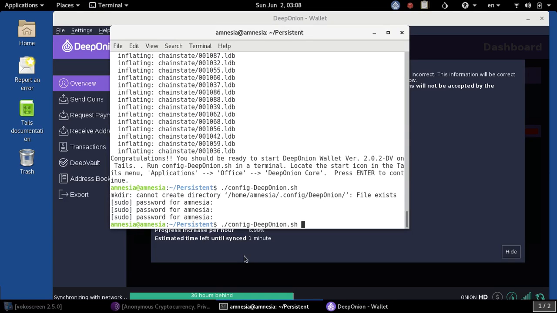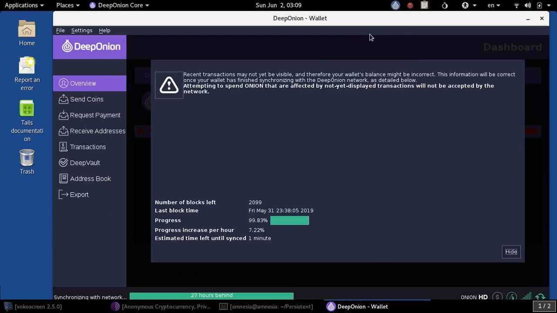Where we ran that config deeponion.sh, after every reboot, you'll have to run that to configure the firewall so that you can access Tor, and to put the configuration file in the correct spot. And if you make a change to the configuration, you go in and you set your options. You want your window to minimize when you close it or something like that. In order to save those settings,